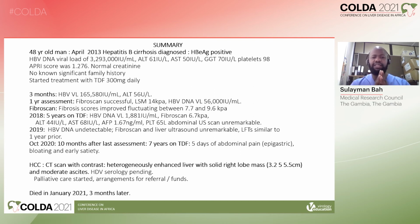So he presented in clinic in October 2020. This was 10 months after his last assessment and 7 years on tenofovir, with complaints of a 5 days history of abdominal pain, bloating, and early satiety. Abdominal ultrasound scan found